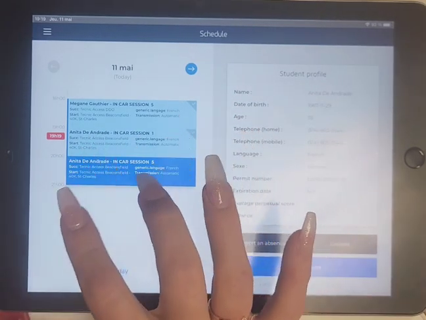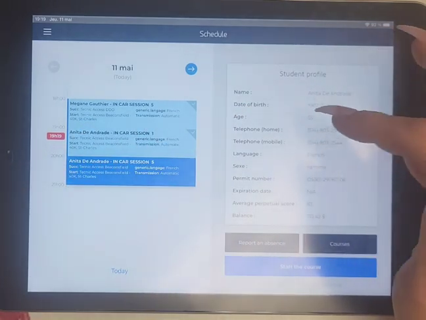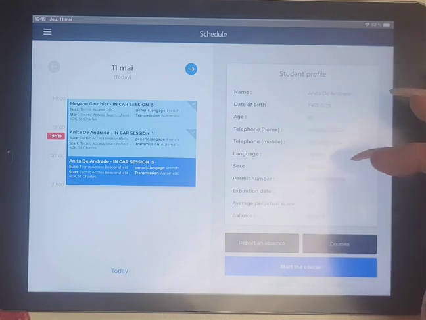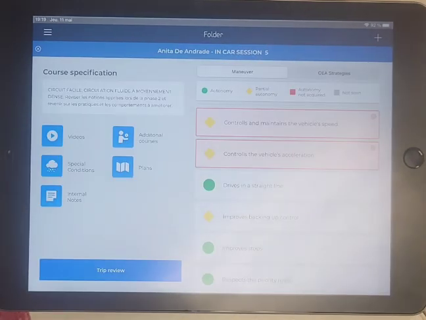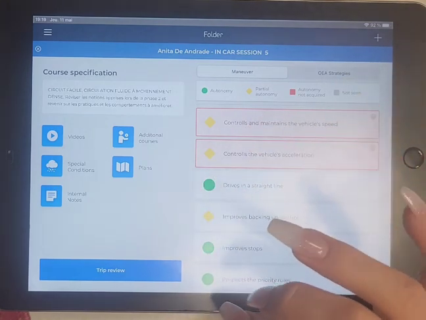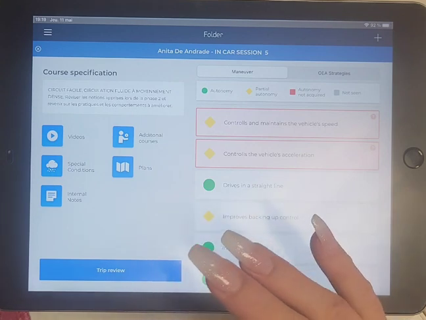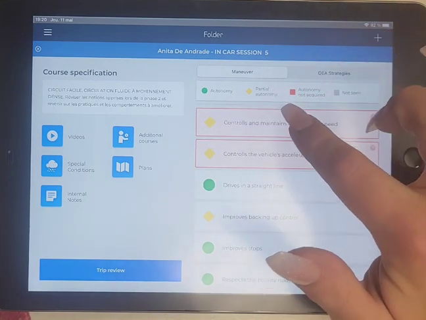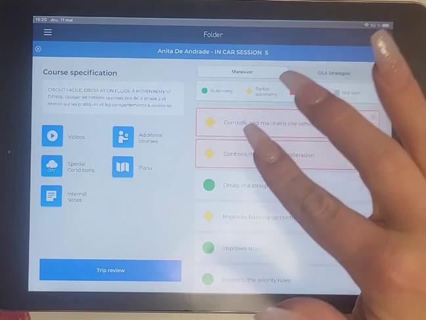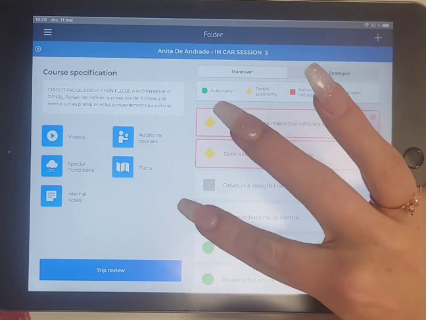When you click on the student, now it's the time to do the lesson. You have all the student's information, first name, last name, date of birth, phone number, language, everything. So now start the course. This is basically what is highlighted and what is already filled up right now: what was not completed, but what was highlighted in the previous lesson. So the previous lesson, she was partially autonomous for those two here. This I already started to fill it out. Sorry about that if it's already there, but usually